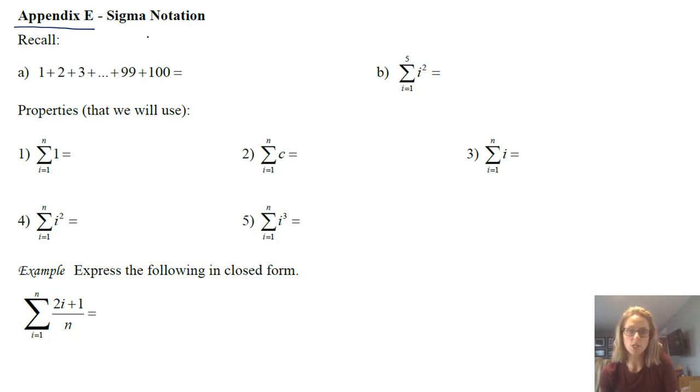So sigma notation is the idea of summation notation using the Greek letter sigma, which is what you see multiple times on this slide. Notice it says recall, because this is talked about in pre-calculus courses, college algebra and pre-calculus. So it's used when we want to, for example, in A, write 1 plus 2 plus 3 and so on, all the way up to 100, but in a succinct way without having to write it out like we see.